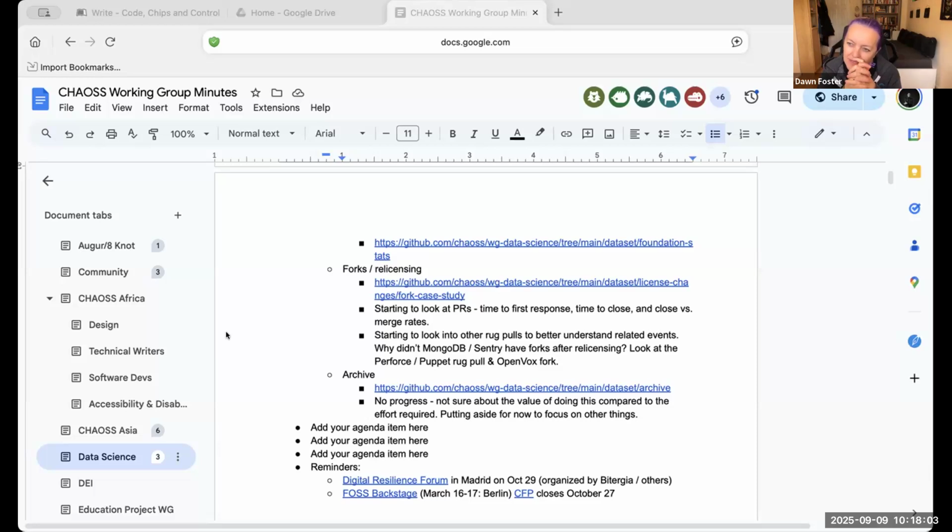But I ran into problems trying to automatically detect the state of some of these, because in a lot of cases they'll have a relatively recent push, but it'll be a push to update the README to let people know that it was archived. And then a period of abandonment before.